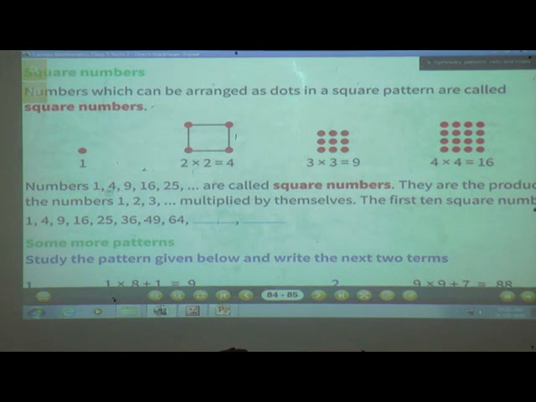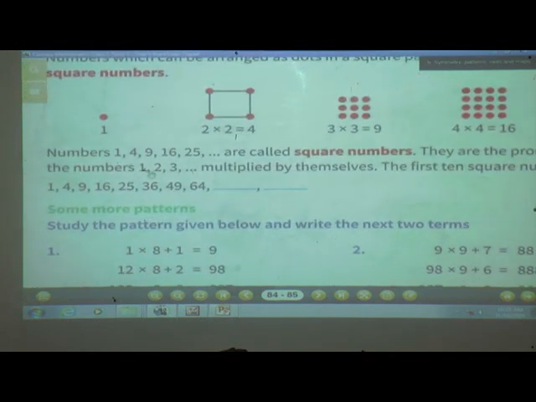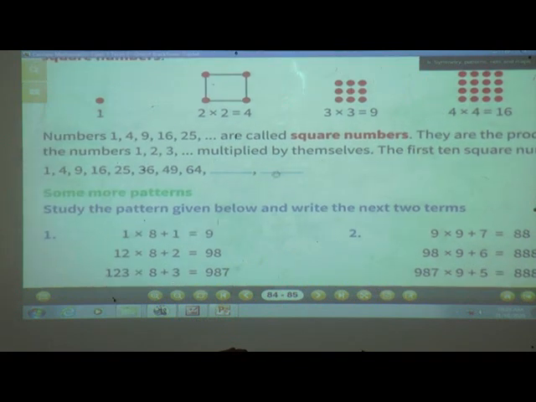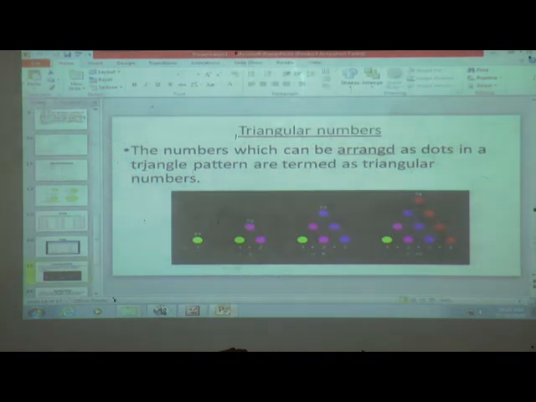Numbers 1, 4, 9, 16, 25 are called square numbers. They are the products of the numbers 1, 2, 3 multiplied by themselves. The first 10 square numbers, I told you, see 1, 4, 9, 16, 25, 36, 49, 64. I told you about the square numbers, that means here also they are the square numbers. So students, see next one, here